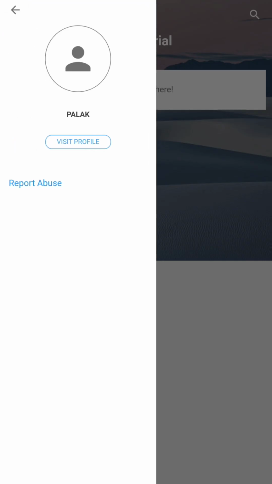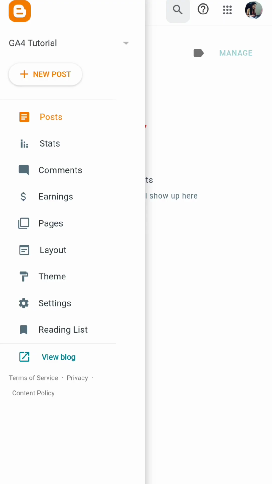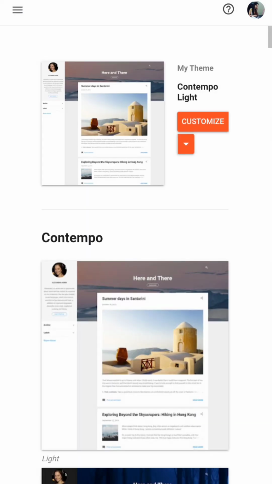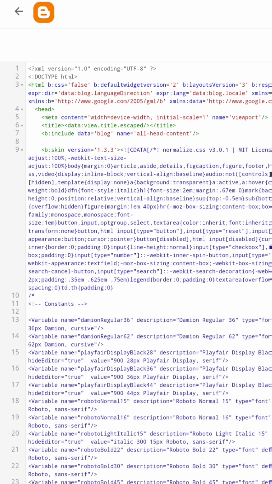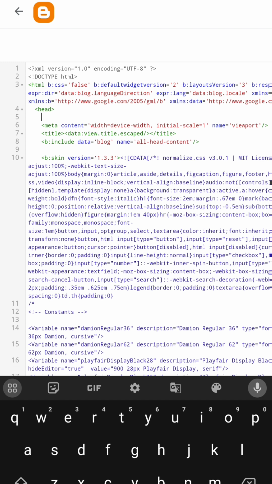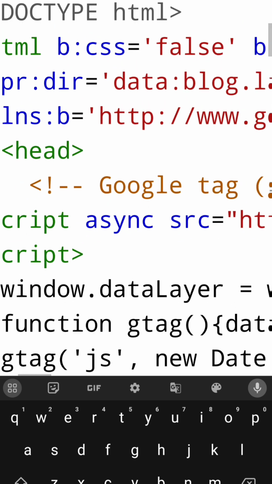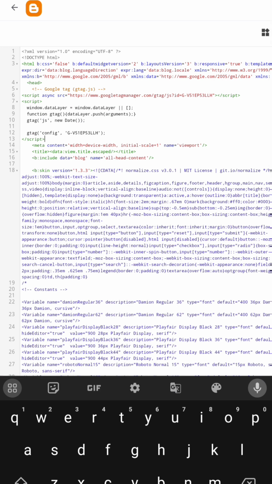So this is my website, and go to the coding section of your website, and for coding you have to go to themes and click on customize and edit HTML. Now you have to search the head option in the coding. Just paste this Google tag in the head section of your coding and now update the